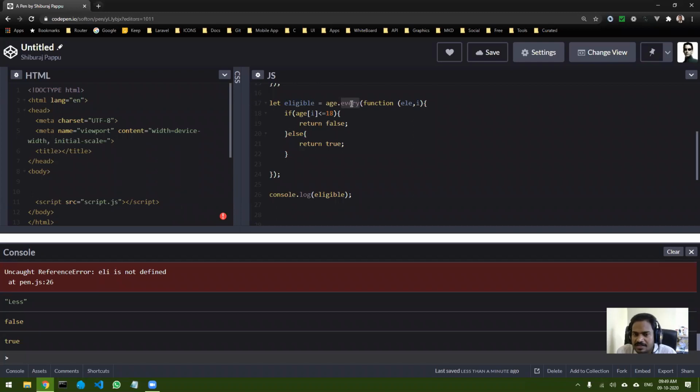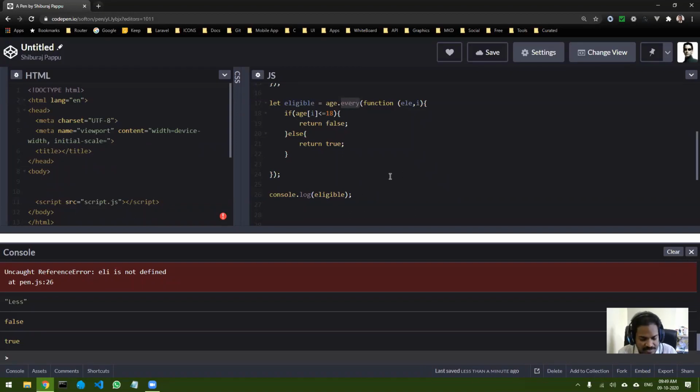So this is the use of the every method. In every method you can put any condition inside, but at the end you should either return true or false. If all the elements return true, it's like an AND condition. For every element it is going to check whether the function has returned true or not. If any one of the elements returns false, then the final output is going to be false. Next, let's see filter.